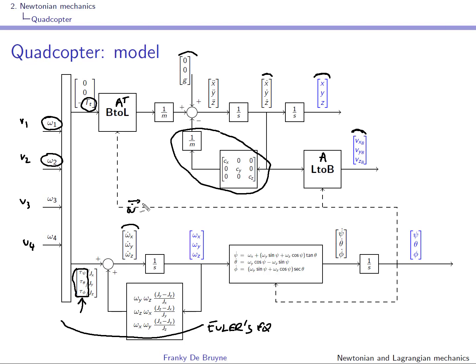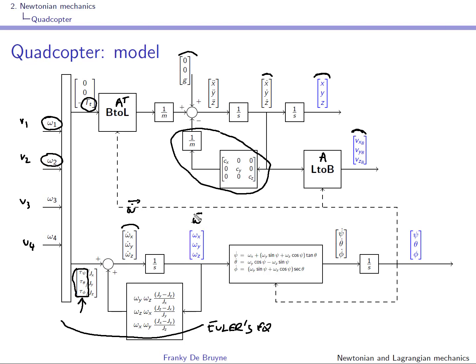If you integrate once, I have not told you it's an integrator here, but you have three values in the vector, so it's a vector integrator. So if you integrate this one, you have